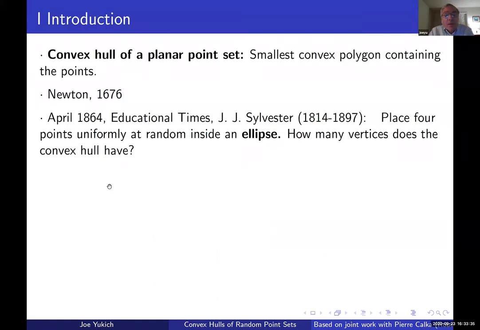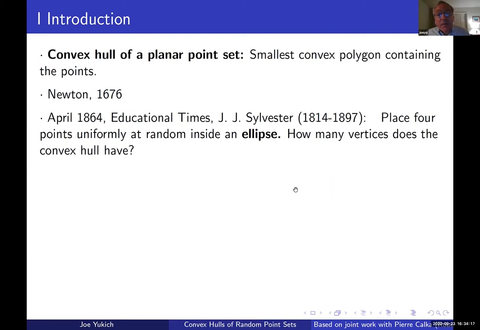So let's begin. The convex hull of a planar point set is just the smallest convex polygon containing these points. This idea of taking the convex hull goes back to Newton, who looked at the so-called lower convex hull of a planar point set. But it wasn't really until 1864 that Sylvester got the study initiated in a more serious way, and he asked the following question: place points uniformly at random